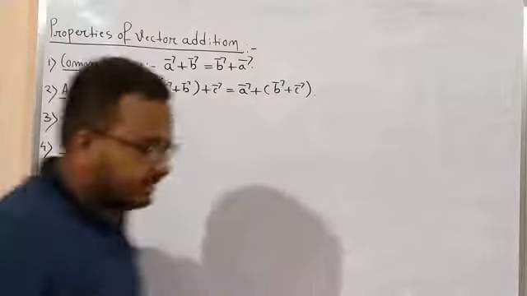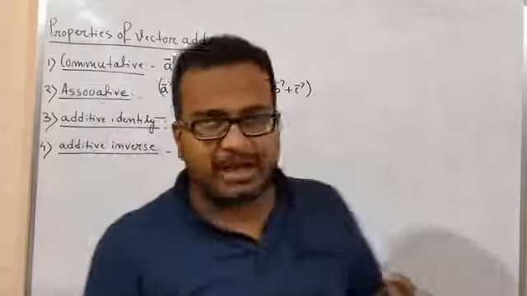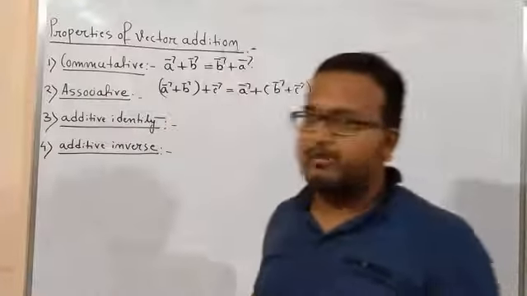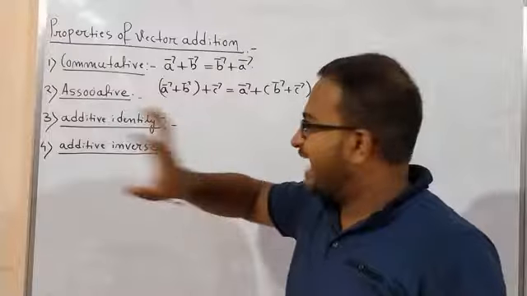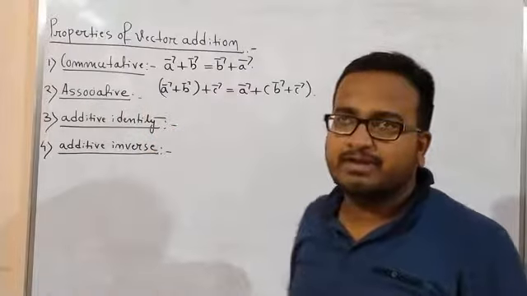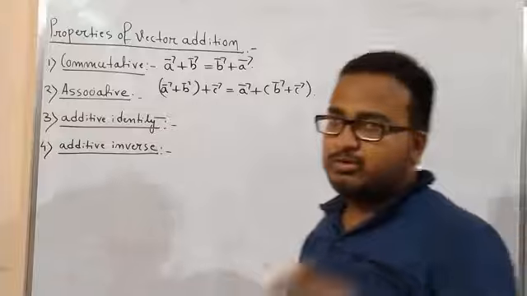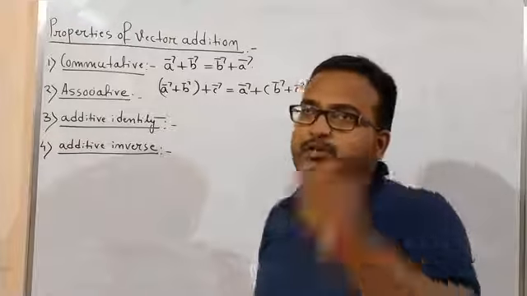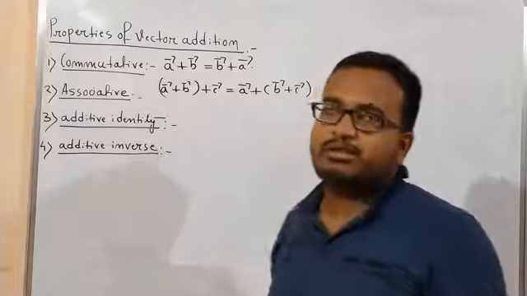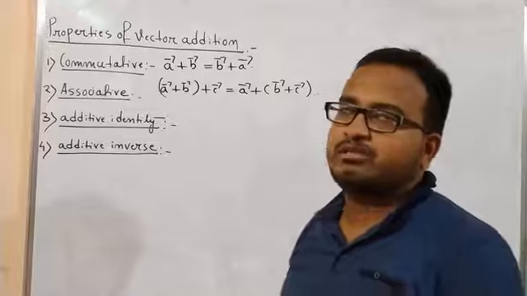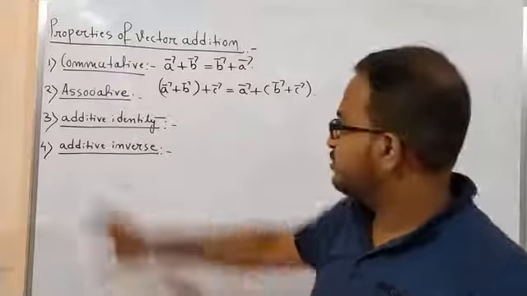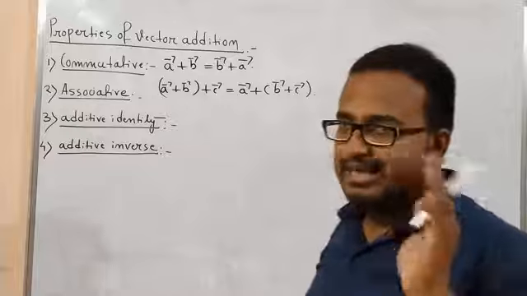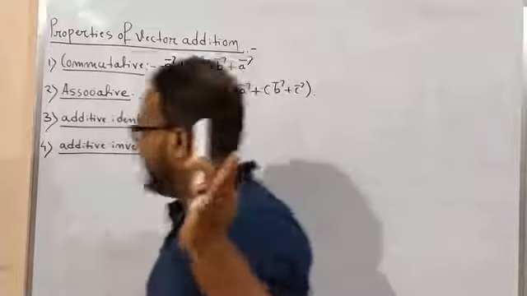Now additive identity. I think in binary operations we have found this type of mathematical word, additive identity, additive inverse, right? I don't know whether you have learned it or not. Binary operations are in your first unit, relations and functions, exercise 1.4. So I think you have already come across these two mathematical terms, additive identity and additive inverse.